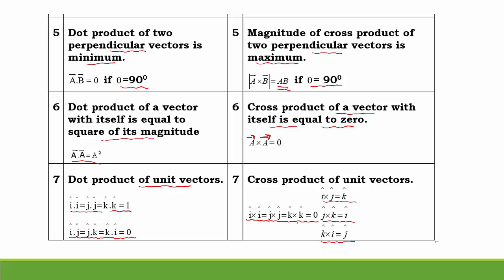So this completes the vector part of this chapter. Till now we studied in detail about vector quantity. We studied types of vectors, addition of vectors, subtraction of vectors, multiplication of vectors, laws of vector addition, and resolution of vectors. Then we also studied relative velocity, right? So this completes the vector part. In the next class, we can learn projectile motion.